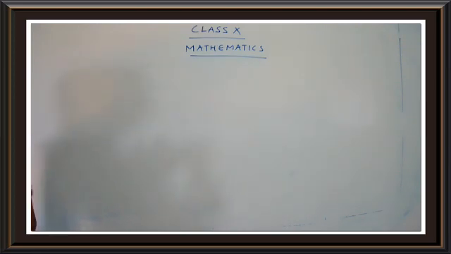Yes, so we have used the theorem, applied it, and solved some of the sums from exercise 4.2. We have completed almost 7 sums from exercise 4.2, and from 8 onwards you have to use another theorem which is called the angle bisector theorem. So before we continue with sum number 8, we are going to learn about the theorem.